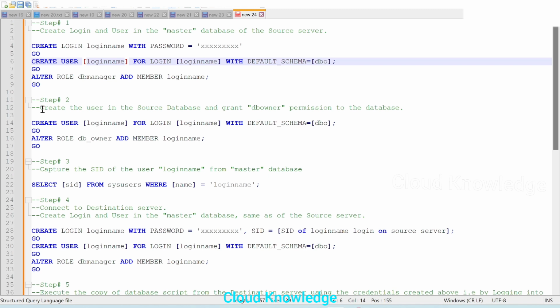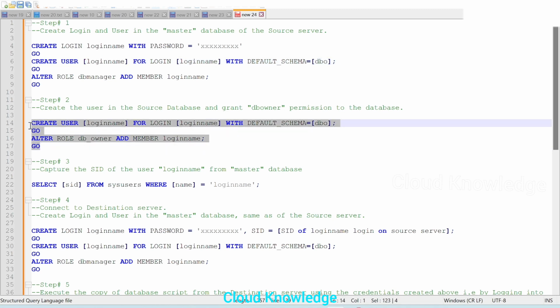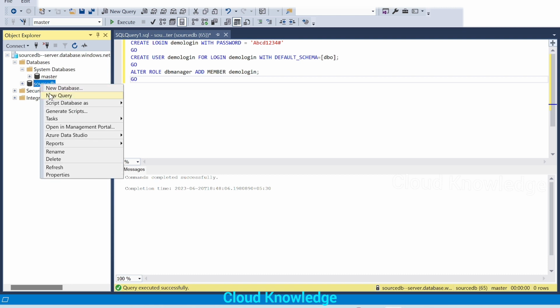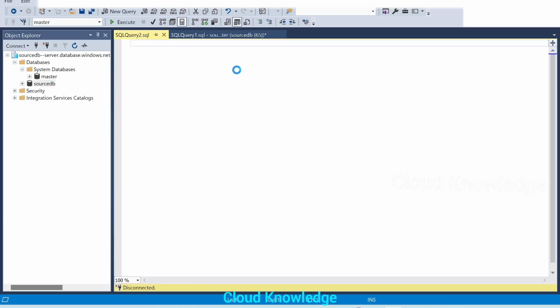Now the second step. The second step is to create the user in the source database and grant db_owner permission to the database. So we'll copy these commands and execute them in the source database. The source database is the database present inside this server, which has to be copied to the other server. We'll right click on the source database and click on new query.